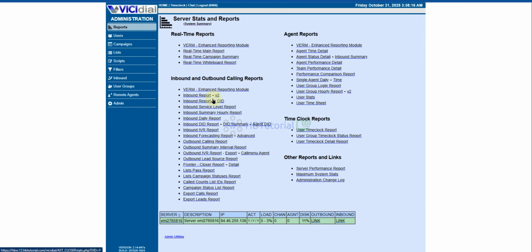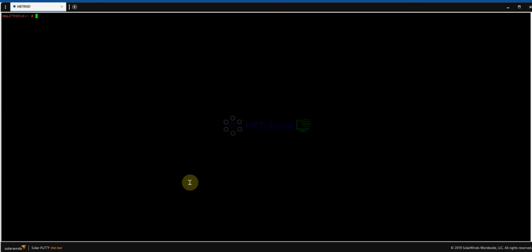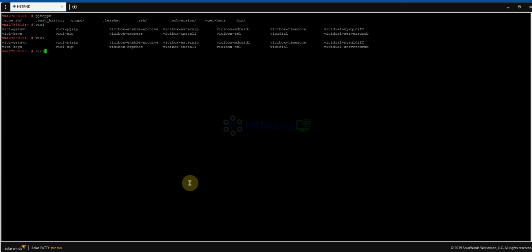Okay, so after we successfully generated and updated the SSL, going back to here, we can enable the PJSIP. So if you type vicibox, you will see here you have an option, vicibox-pjsip.